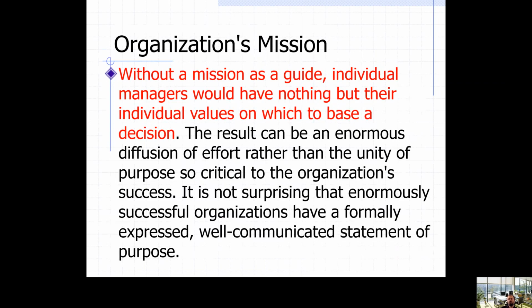And without a mission as a guide, it's not possible to create a strategy, because it's not possible to build a house without a basis. And what is very important, with the help of mission, it is possible